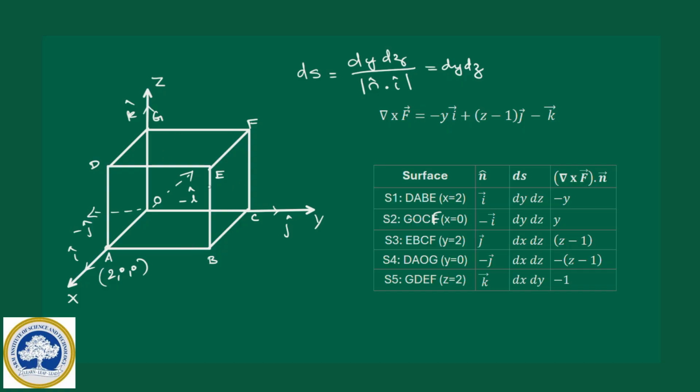For the surface S2, it will be minus i. Anyway, here we are taking the modulus, right? So minus i into i dot i will become minus 1. So the modulus of minus 1 is plus 1 again, so that here we are writing dy dz. Similarly,